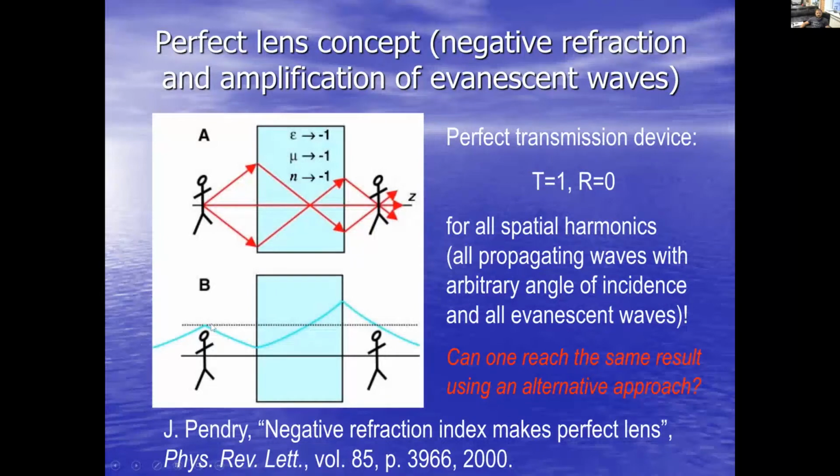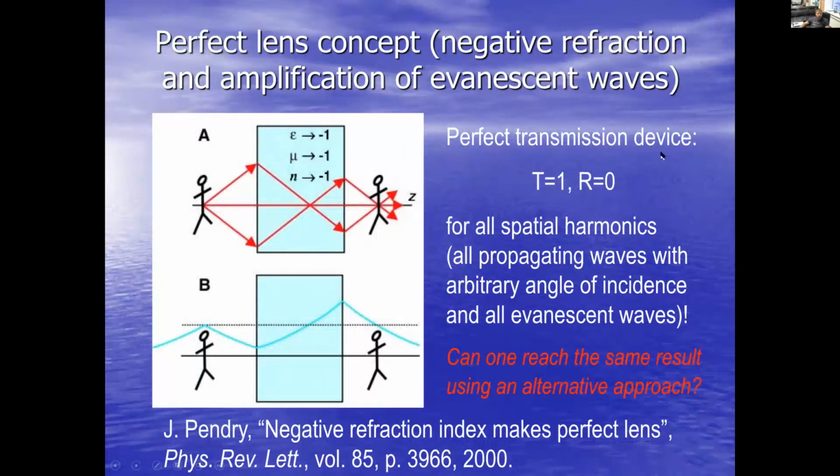And if you take a look at this, okay, I'm not going to tell bad stories about left-handed metamaterials. The badness is because actually nobody was able to create them without losses, and the problem is that as soon as you have any losses in these materials, this negative refraction and amplification of evanescent waves are no more working, and the perfect lens appears to be a very bad lens. But if we take a look at this as an ideal device, this is actually a perfect transmission device, and